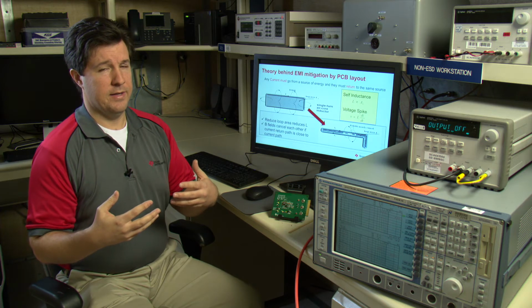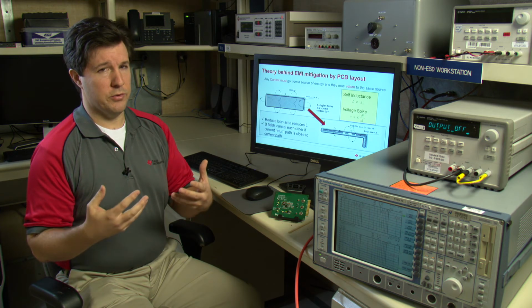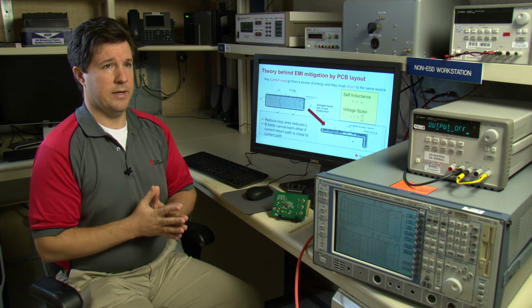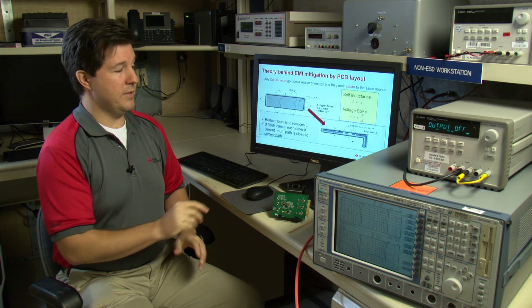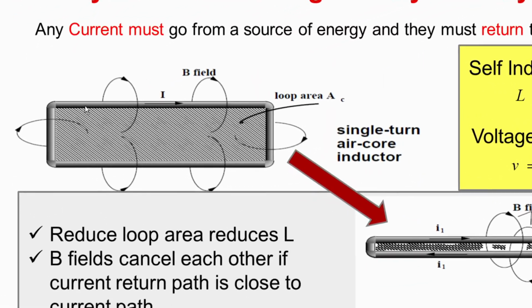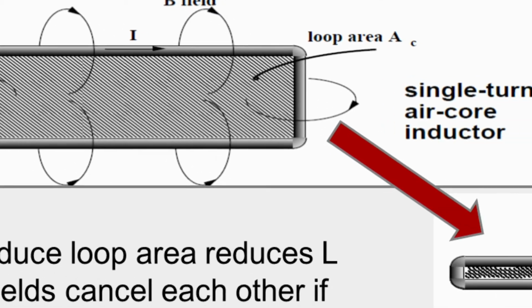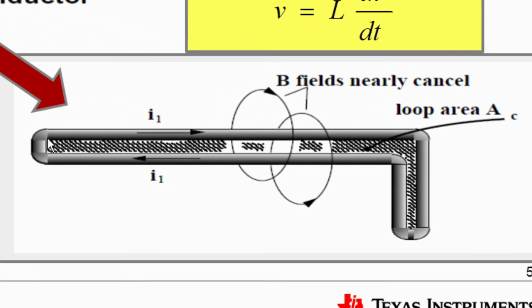So besides placement of the capacitor right next to the device, what can we do to reduce the loop size? Really, a ground return is your best bet for reducing loop size. Now, it doesn't seem intuitive, but if we have a loop like shown here, how does adding a ground return under that lower the area of that loop? What happens is, as you're going around the loop, your return is now directly underneath the previous return.